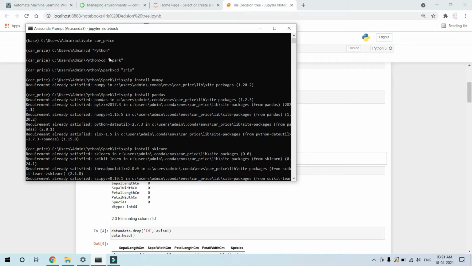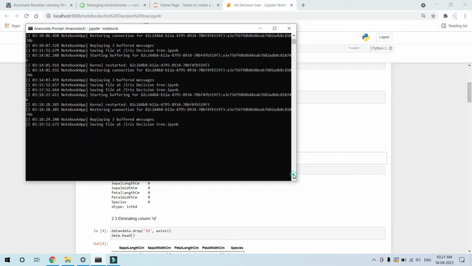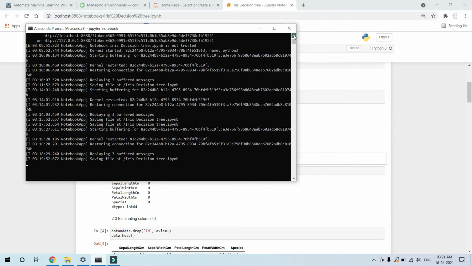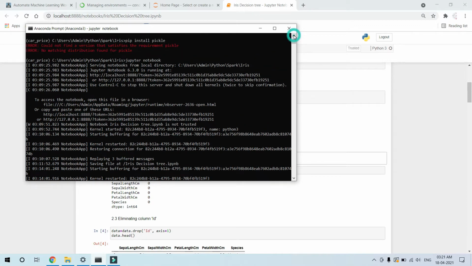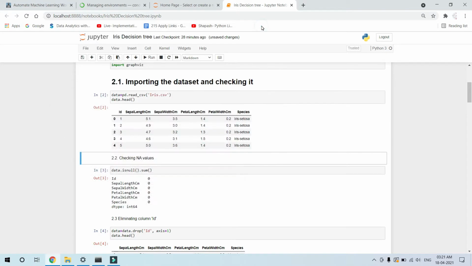Then this is the path in which my dataset was there, and after that I have installed these libraries, and later I just typed here Jupyter Notebook, and then the Jupyter Notebook opened. See here, so that's why I did not have to follow any kind of path. Just uploaded this.